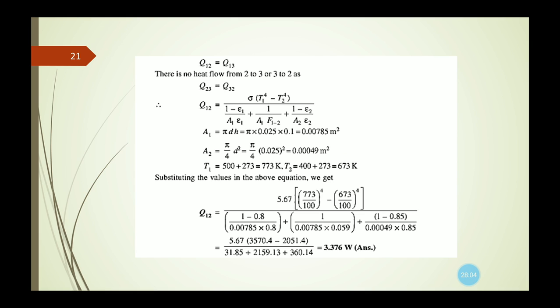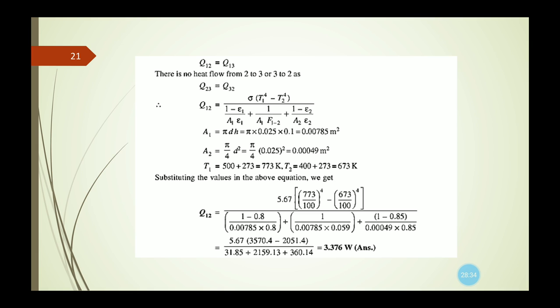Now Q12 equals Q13 here. So there is no heat flow from 2 to 3 or 3 to 2, as Q23 equals Q32. That means Q12, the net radiant heat exchange between the two surfaces 1 and 2, is written as sigma (T1 to the power 4 minus T2 to the power 4) divided by (1 minus epsilon 1) by (A1 epsilon 1) plus 1 by (A1 F12) plus (1 minus epsilon 2) divided by (A2